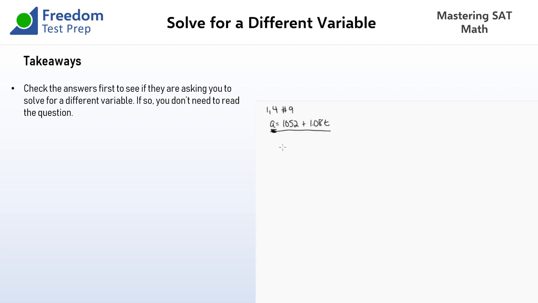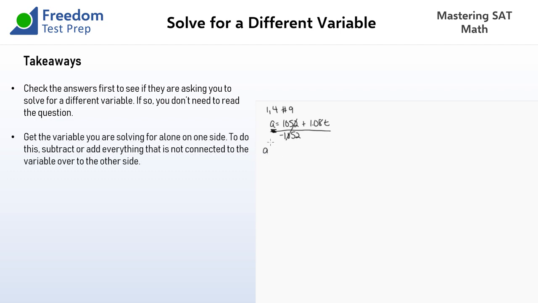Okay, so this is basic algebra. I guess I shouldn't have drawn that line, but what we're going to do is get the t alone and subtract everything on the side of the t over. And we're going to do the same thing here, and we're going to get a minus 1052 equals 1.08 t,